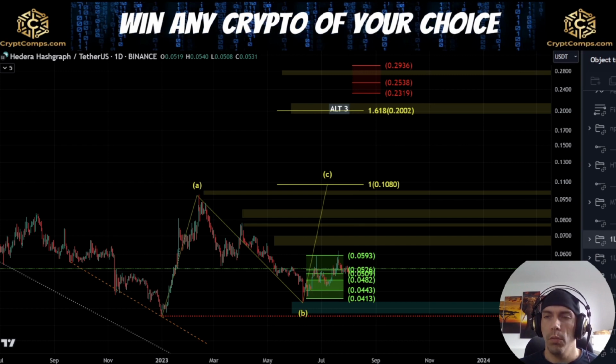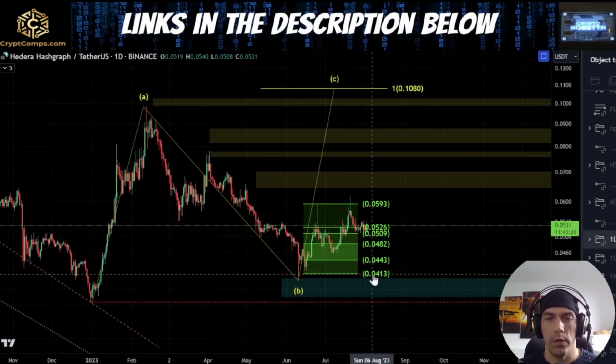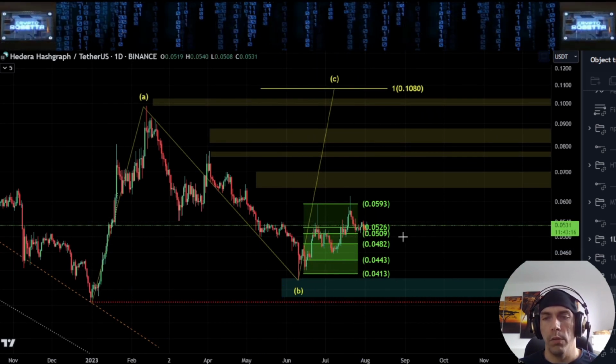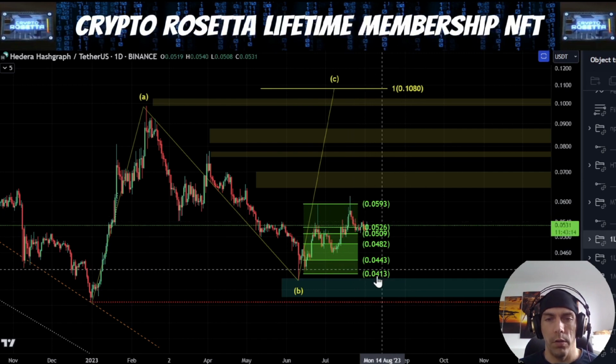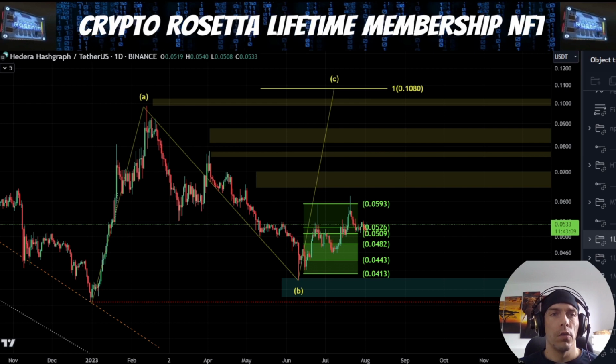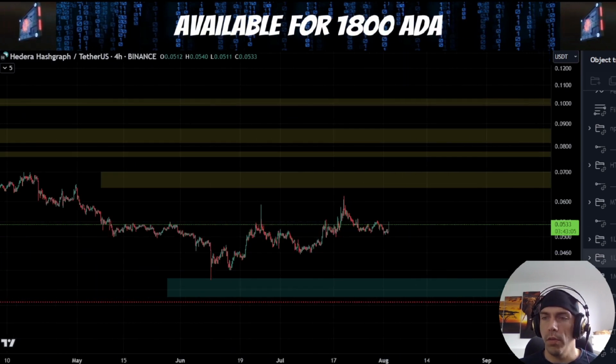So within this count, what we were arguing is that we're looking for support to come in here towards this zone of this 0413 at a lower end, and we don't want to lose this level. If we do see price pushing back down below this 0413, it becomes more likely we're going to see that continuation down. So within this idea of this C wave to the upside here, what we were saying is